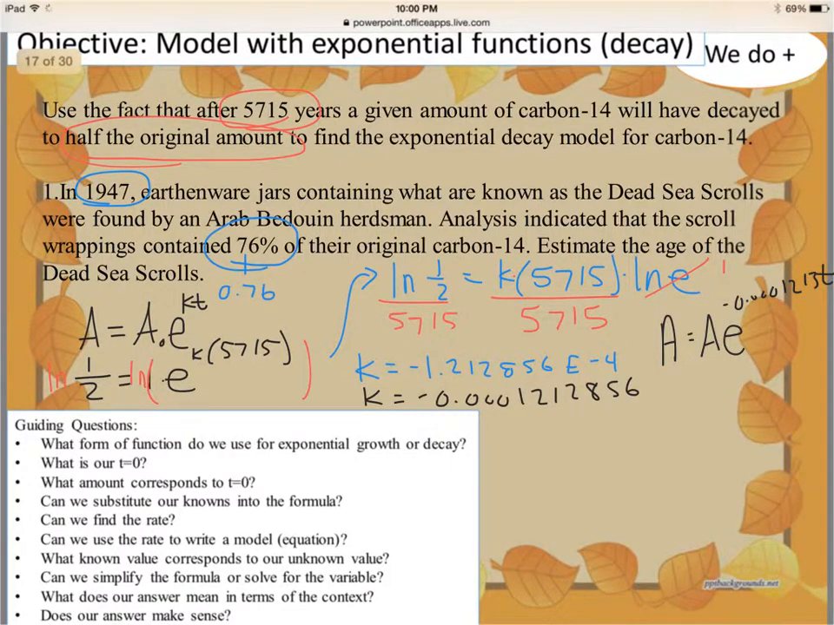So plugging in our numbers that we have, we know that 76% of the original amount is there. And remember that in math we always have to turn those into decimals. So my later amount is 0.76. And I'm going to call our A naught, I'm just going to call it 1, because that would represent like 100%. So the starting amount of carbon that a living thing generally has, or organic material. And then base e, and then negative